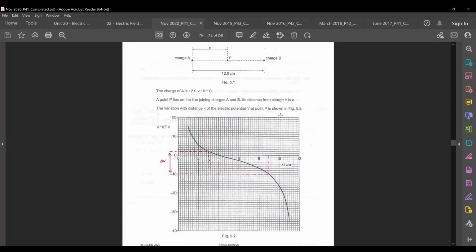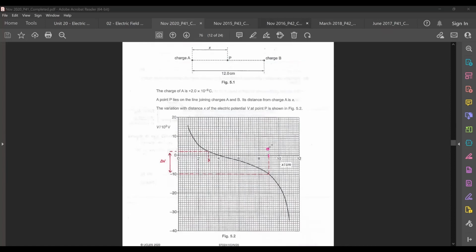If you're shifting from 9 centimeter, this one is actually your 9 centimeter mark. You're shifting from here to the 3 centimeter mark, which is right over here. Okay, you're shifting from here to here. Okay, this point here. So what the question wants you to find from there is the